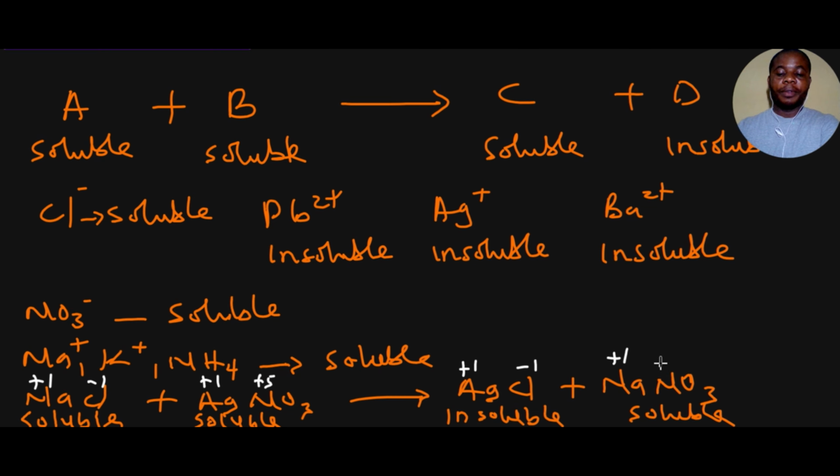Nitrogen is also +5 here. Oxygen is -2 times 3 here, and is also -2 here. Get to know that none of them is undergoing oxidation and none of them is undergoing reduction. So therefore, precipitation reaction is a non-redox reaction. The two exceptions are precipitation reaction and also